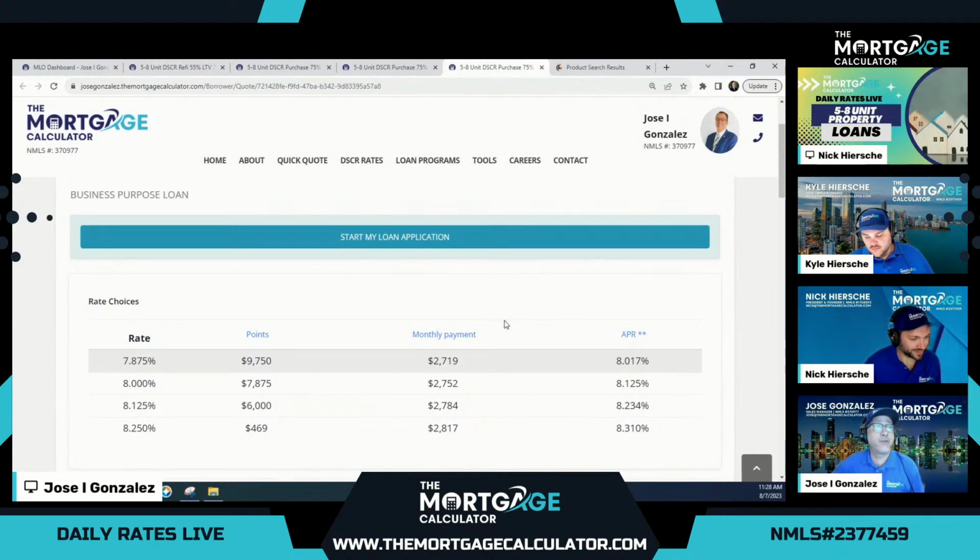I was getting thrown off there with the question. So this is our 5 to 8 unit, which does have better pricing than the mixed use. And our 5 to 8 unit DSCR pricing is comparable to 1 to 4 unit, and in many cases is more competitive than what you're going to see out there in the 1 to 4 units, right?